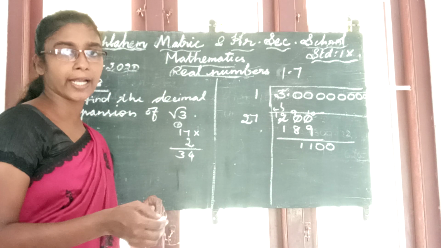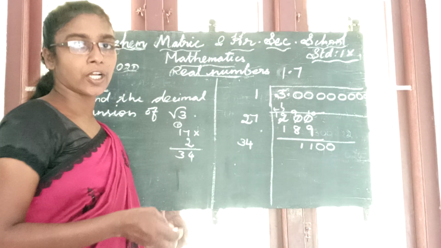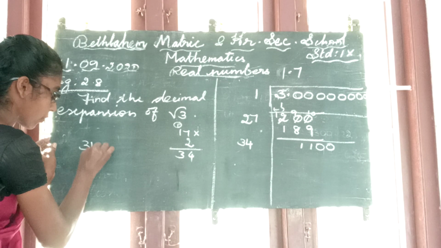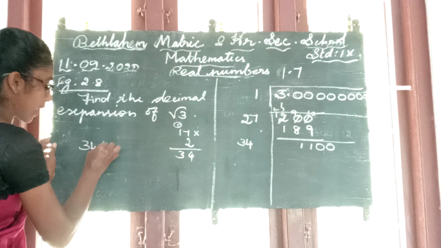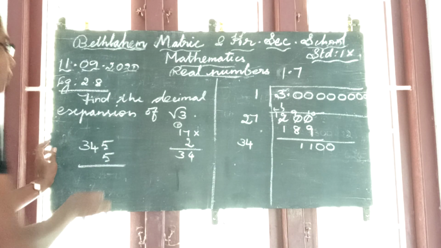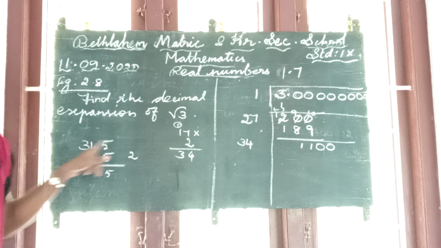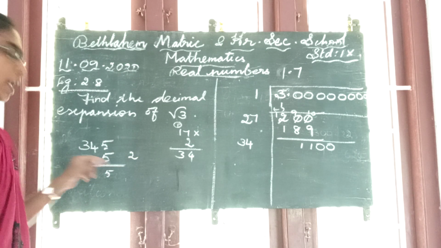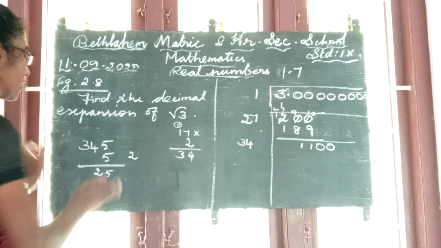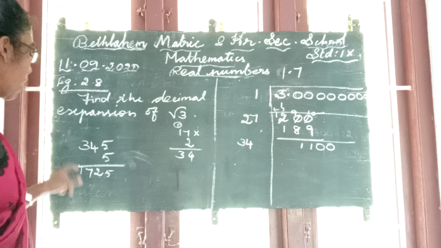34, where do we have to write it? Here we have to write 34. Afterwards what do you have to do? One more number. After 34, one number you want to write here. If you are writing 5, you have to multiply by 5. 5 5s are 25. 2 balance. Next, 5 4s are 20. 20 plus 2, 22. Next, 2 balance. 5 3s are 15. 15 plus 2, 17. Now we are getting